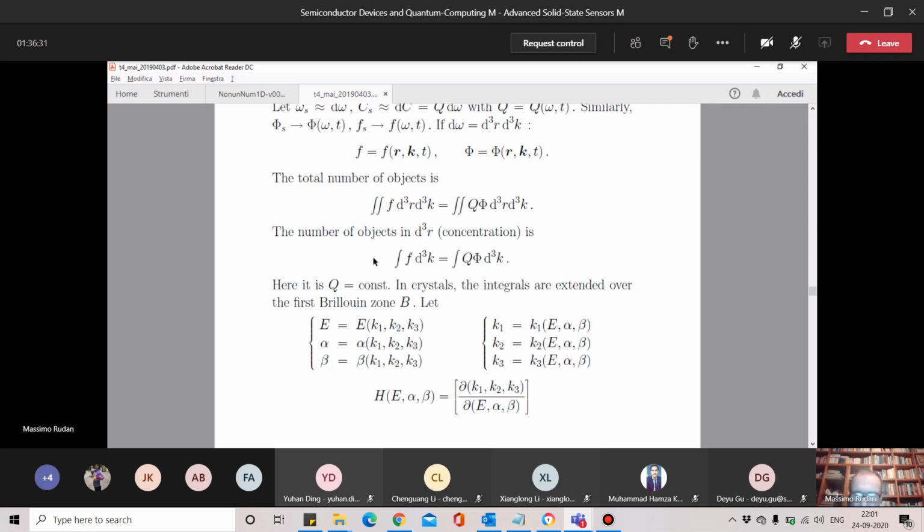Integrals over the physical space, if necessary, will be extended over the volume of the crystal. We shall not have many occasions for such an integration, but just to remember: the integrals over K go over the Brillouin zone. The integrals over R go over the volume of the crystal, okay? So this is a general introduction